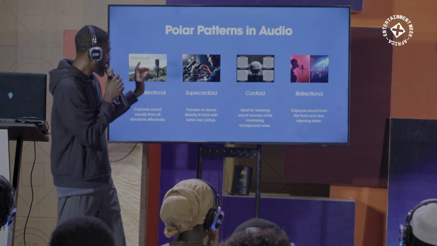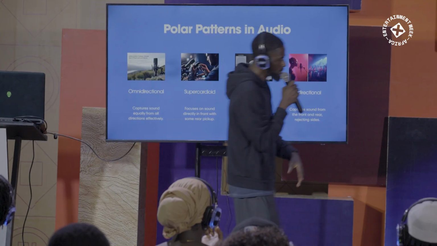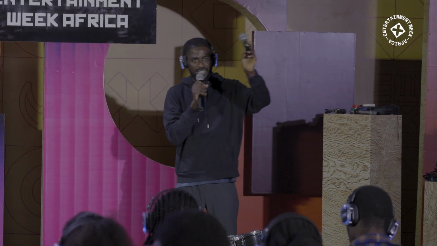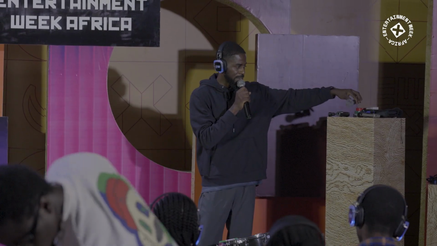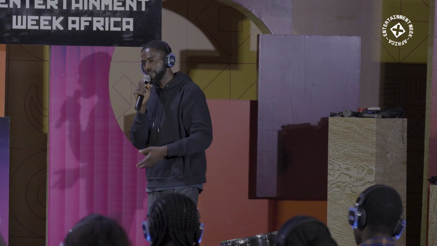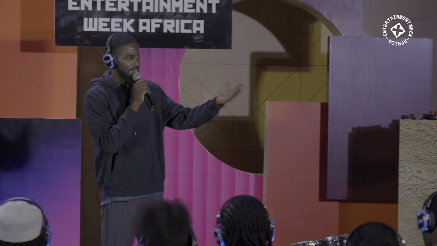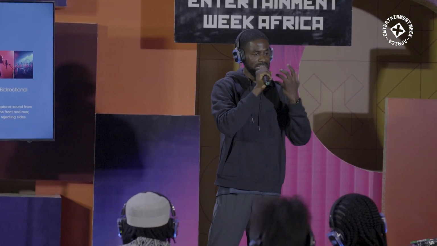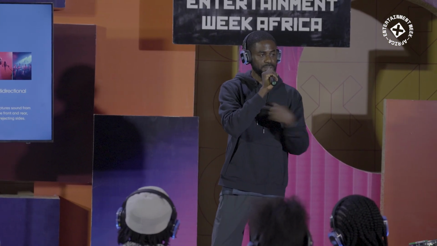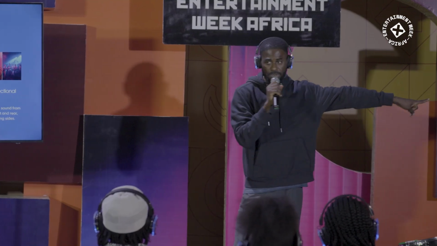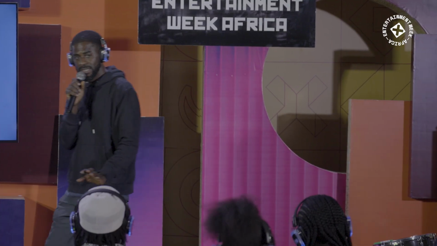All right, cool. Cardioid mic, the most used microphone in the entertainment industry, which is this SM58. You never go wrong with the SM58. So the SM58 you use for an individual like myself. I'm talking, I'm singing. The pickup pattern is in the front, with some rear noise from the back. It picks in the front. So that's what your cardioid mic does. All right. Okay.